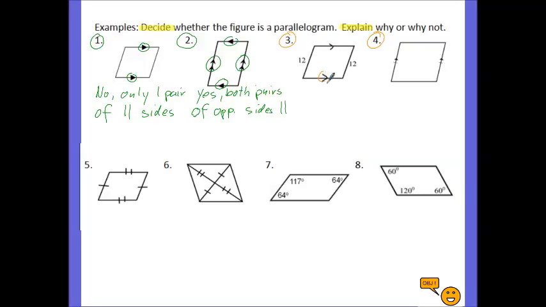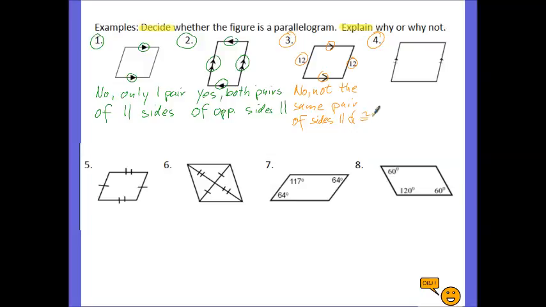In example 3, we have one pair of parallel sides and we have one pair of sides that are congruent, but it's not the same pair. It has to be the same pair of sides that's parallel and congruent. So this does not have to be a parallelogram. It could be also a trapezoid, even though it doesn't look that way. But remember, we can never go by just the look of our diagram. We have to use information that's given. So this is not a parallelogram because it's not the same pair of sides that's parallel